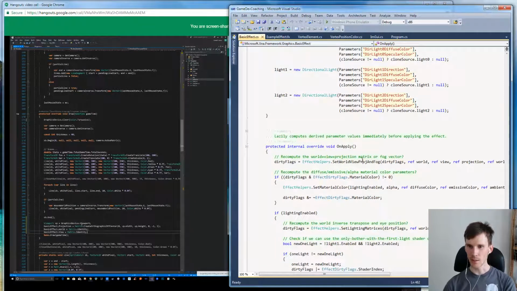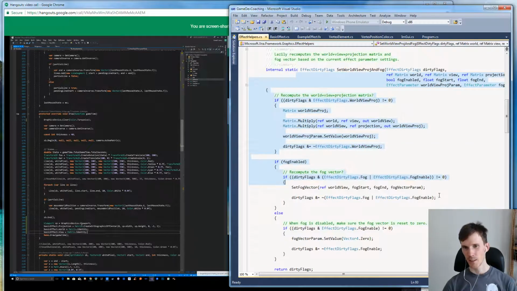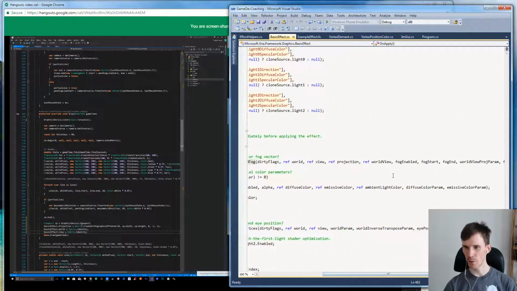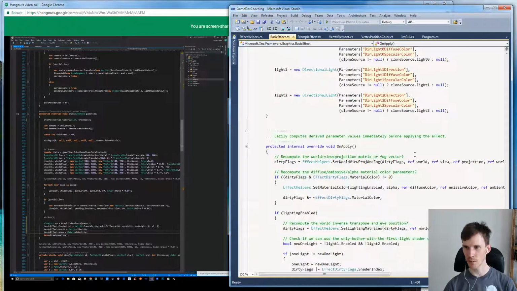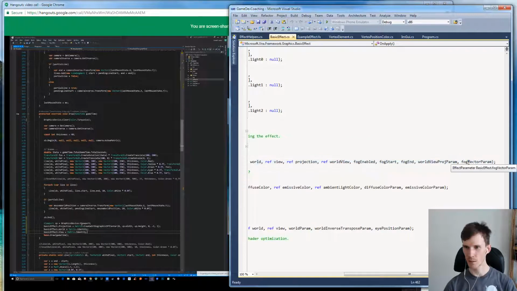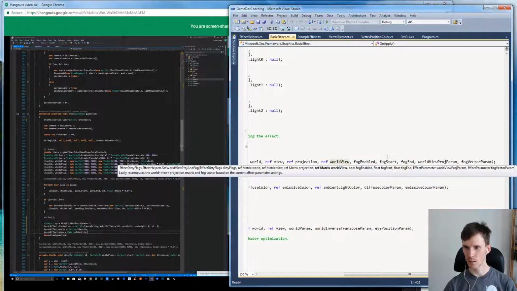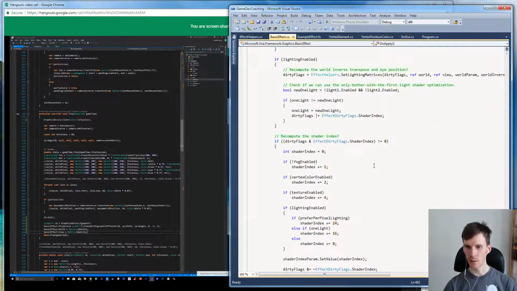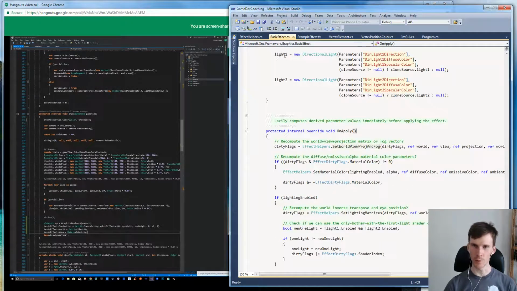So it does a whole bunch of things, but basically it spits out worldview project as a matrix. I don't know why it's called world view here and worldview project elsewhere. That's interesting. Maybe it does something a little more complicated, but certainly for the world and the view matrices, you can see that